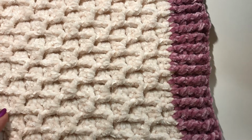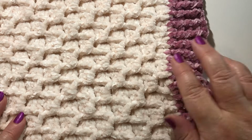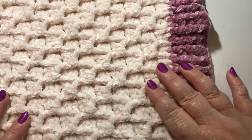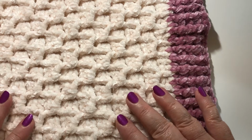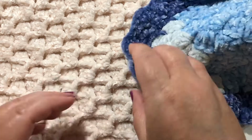Today I'm going to show you how I crocheted this corner to corner baby blanket. As you can see, it has a bit more texture or dimension to it than a regular corner to corner stitch. Here is another blanket